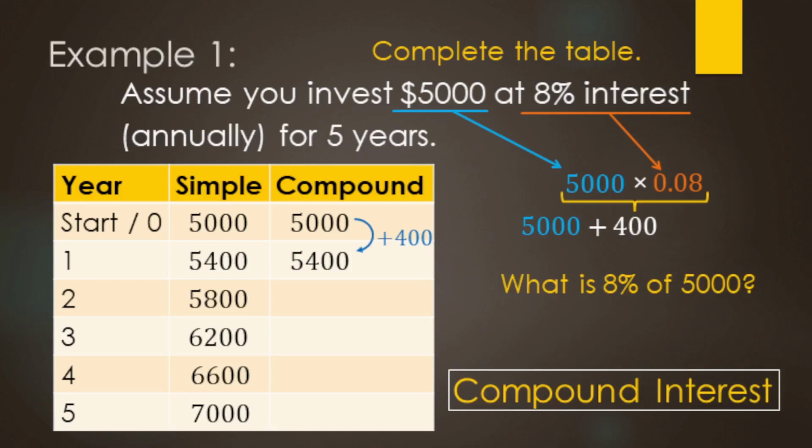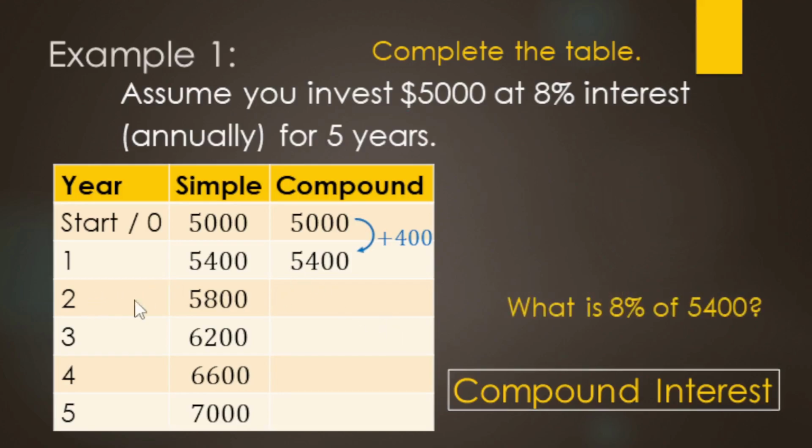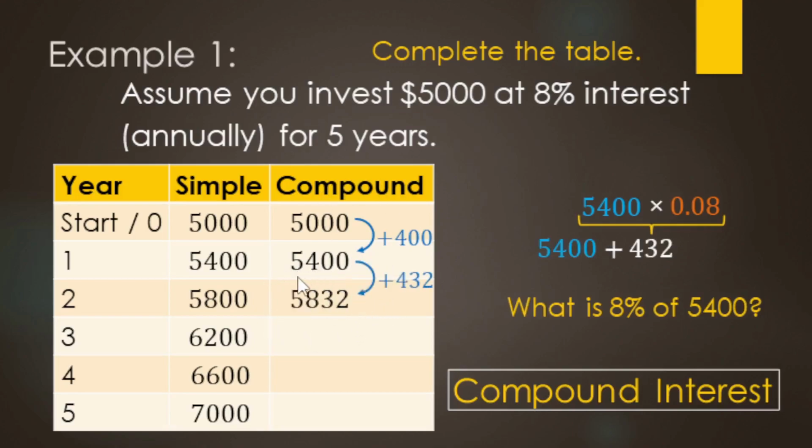Now, here's where compound interest changes from simple interest. We're not going to continue to add the 400 each year. We're actually going to compound the interest, okay? So for finding year 2, we're going to do 8% of the 5,000 plus 8% of the extra interest that we have earned, okay? So for year 2, we're finding 8% of the previous year's total amount, including the interest, right? So that's going to be 5,400 times 0.08. So that's going to be 432. And again, we're going to add the 5,400 plus the 432 to make year 2's amount be